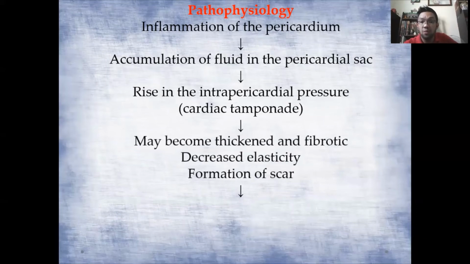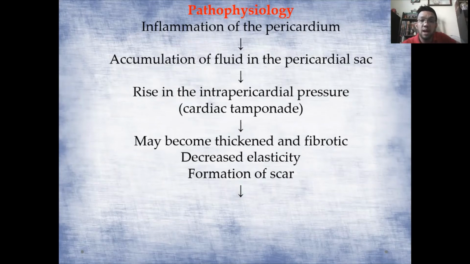That pressure will cause the heart to pump ineffectively because the fluid that is inside that sac will put pressure on the heart muscle, causing the heart not to pump effectively. That is cardiac tamponade. So once cardiac tamponade occurs, the ventricles are not going to expand that much because of the pressure in the pericardium brought about by the fluid that has accumulated there.